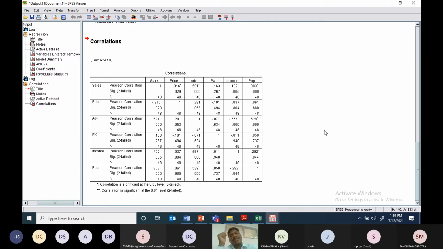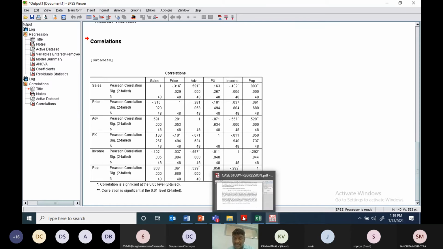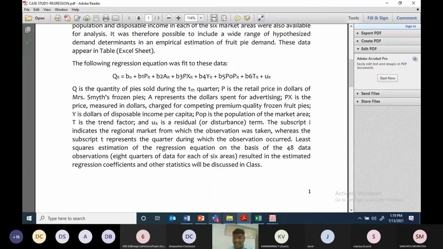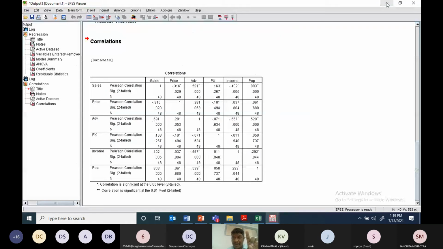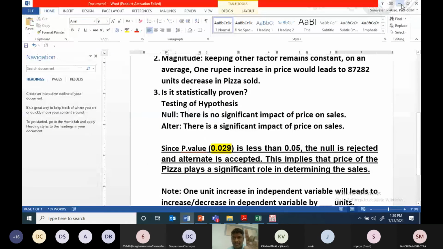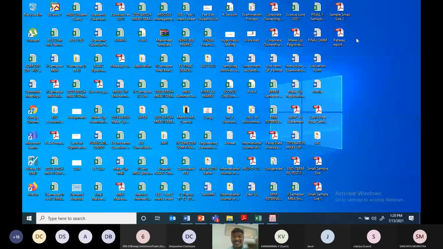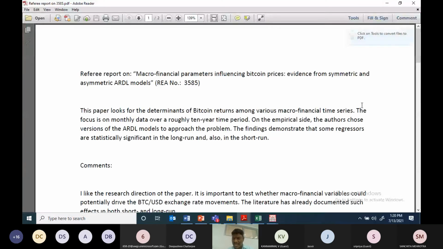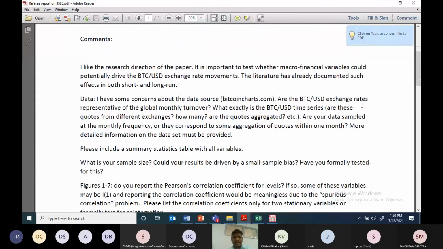This is objective based. So as a researcher, you take a call whether to go for a correlation or not. But even small things are very important: figures, summary statistics, correlation. This morning I showed you one of the journal comments I received, from an ABDC B category journal. They told me to incorporate summary statistics. You believe it? I can show you, it's the referee report. It's very difficult to address so many comments, but anyhow, see here.